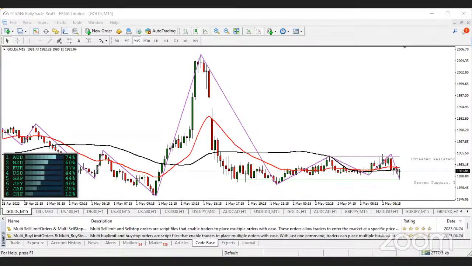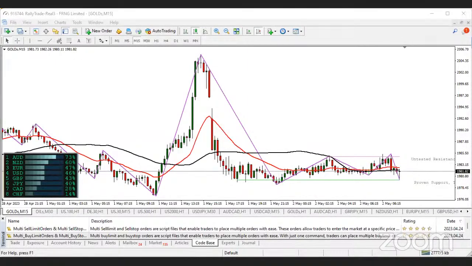There are also a couple of news. We also have the JOLTS, that's the job opening labor turnover survey, coming out for the US zone today by 3 p.m. The Reserve Bank of Australia Governor Lowe is also speaking today. If you love trading speech, that is also a very important news. That's a high impact news that's coming out by 12:30 p.m.